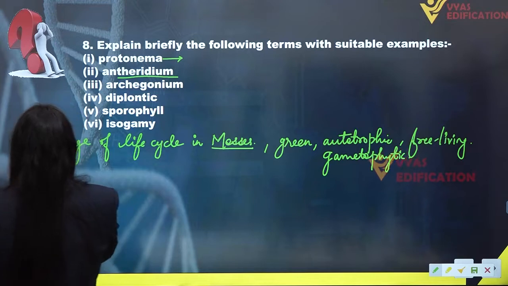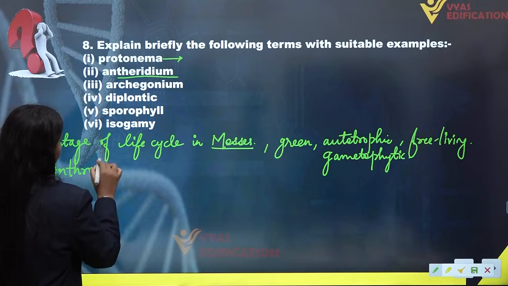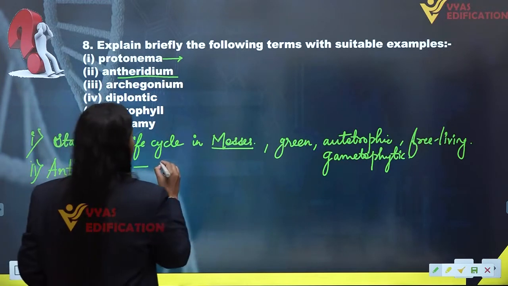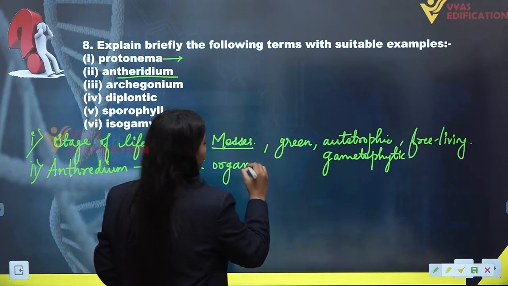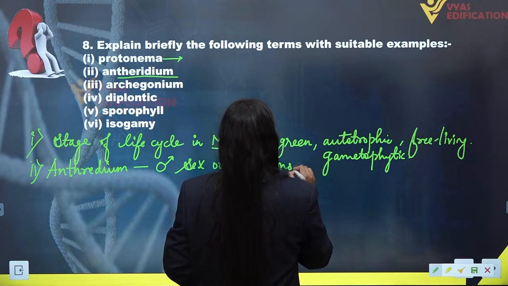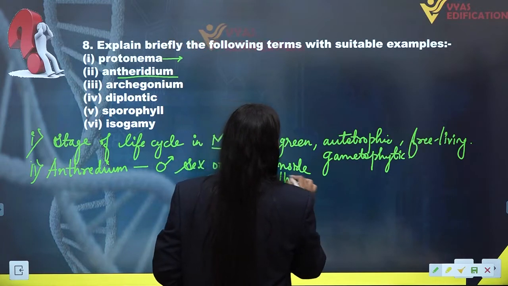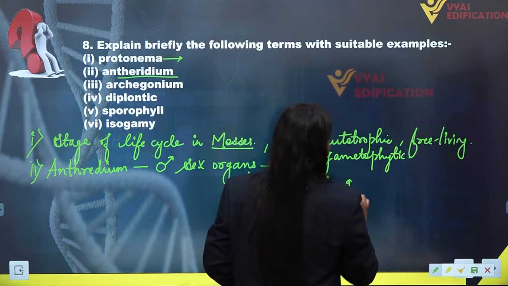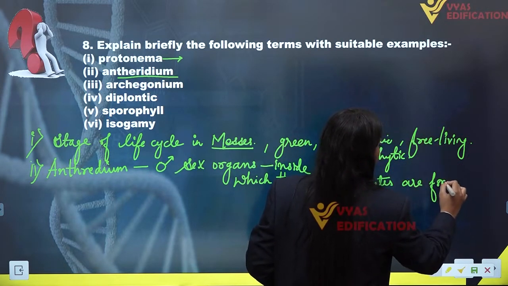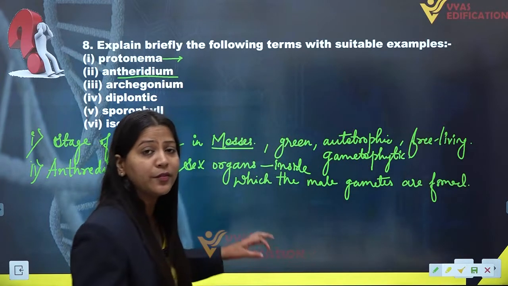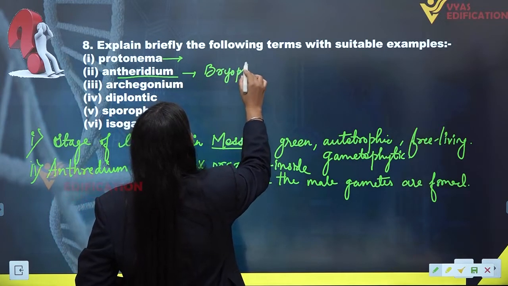So antheridia are the male sex organs inside which the male gametes are formed. And if we talk about the example of antheridium, they can be found in bryophytes,